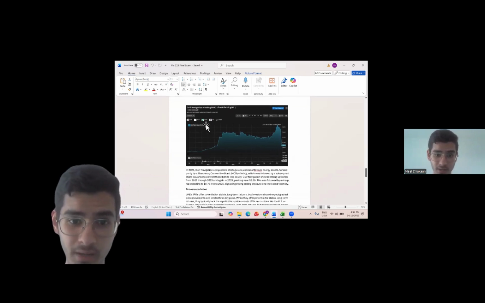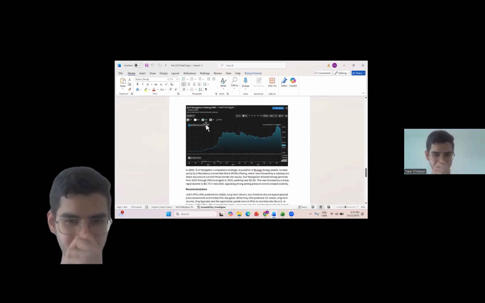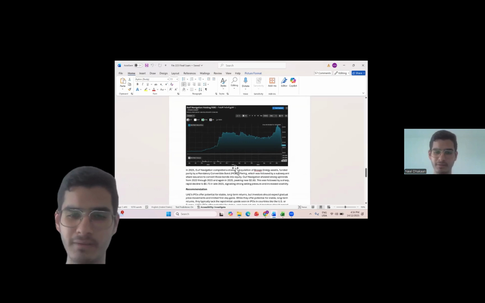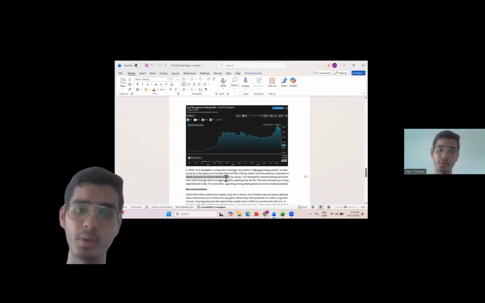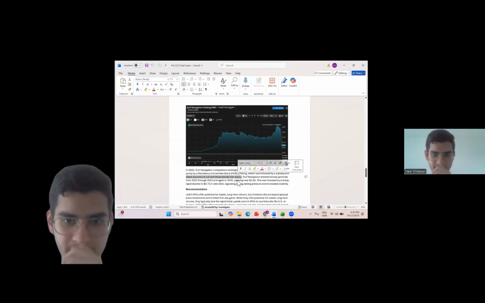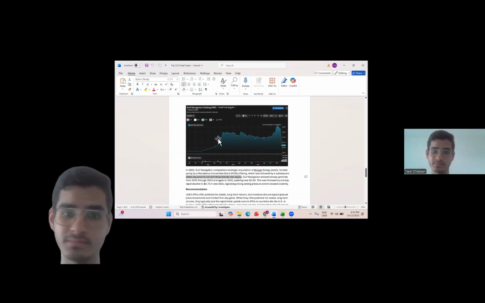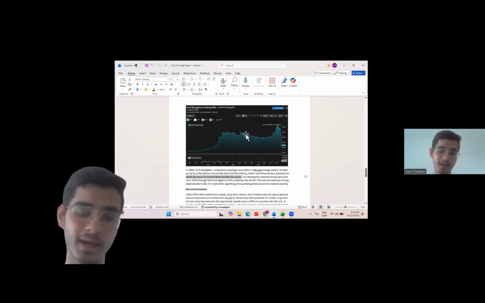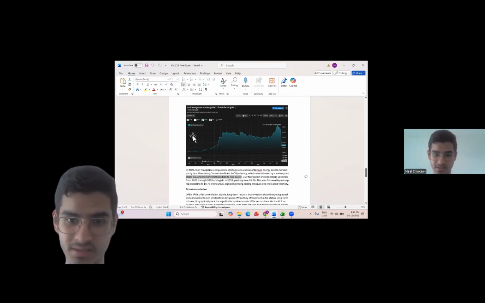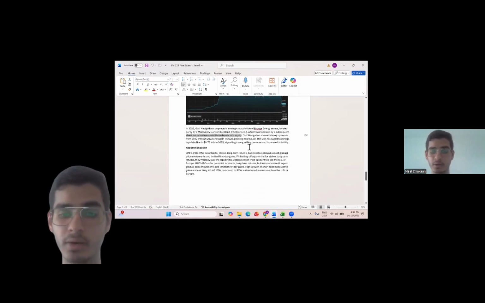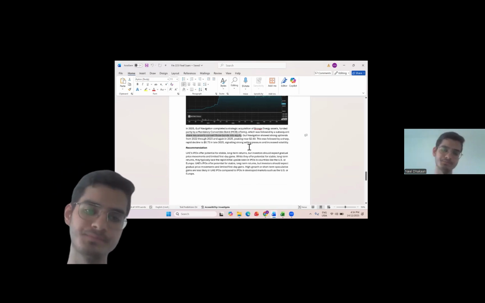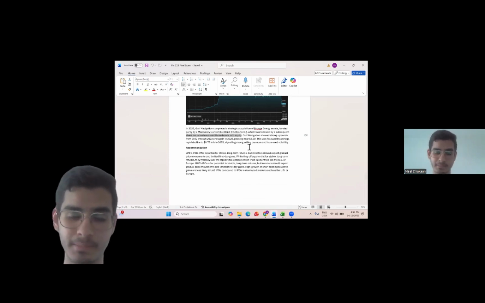And again, with Gulf Navigation, they didn't have an IPO in 2025. They had a share issuance to convert bonds into equity, right? And again, regardless of the IPO, the share price is very sideways. It's mainly in consolidation. And so my overall recommendation for investors looking to invest in IPOs in the UAE is that